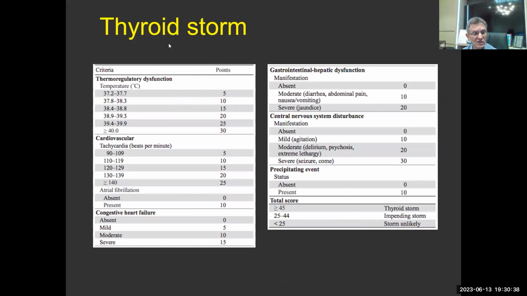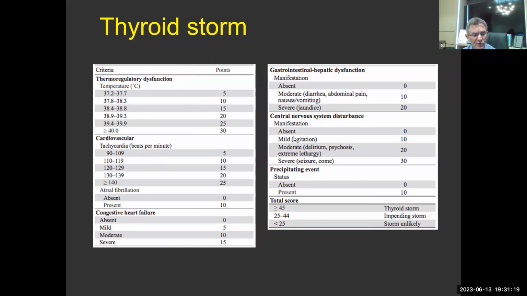And it often occurs in Graves' disease, sometimes with nodular disease, but may be precipitated by a severe underlying illness or by an anesthesia. In these individuals, they can have very high thyroid hormone levels. Temperatures can go into the very high 38 degrees, 39, 40 degrees. They can get hypothermia. They develop tachycardias with atrial fibrillation, resulting in heart failure. They can have liver problems with jaundice, diarrhea, central nervous system agitation, delirium, seizures, and there's a precipitating